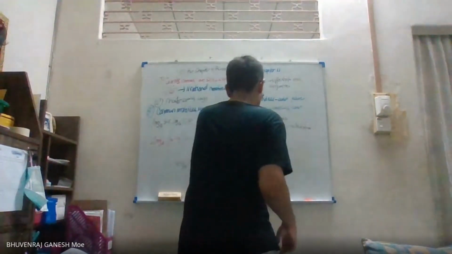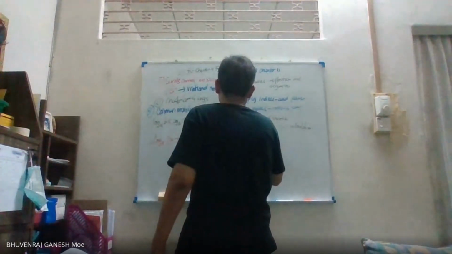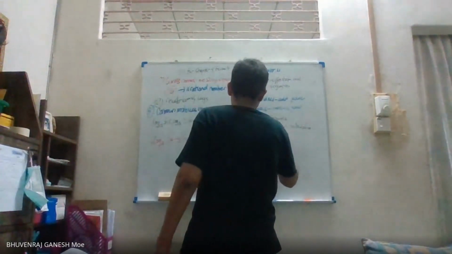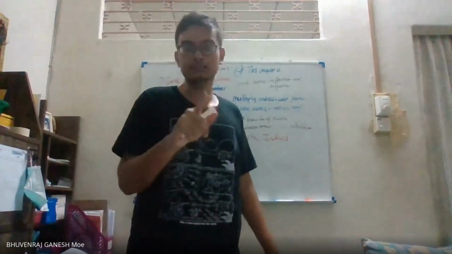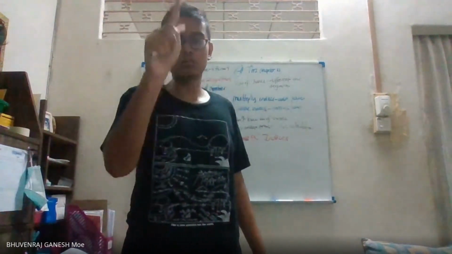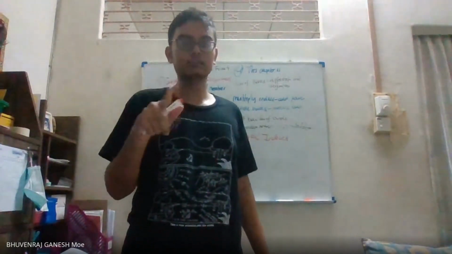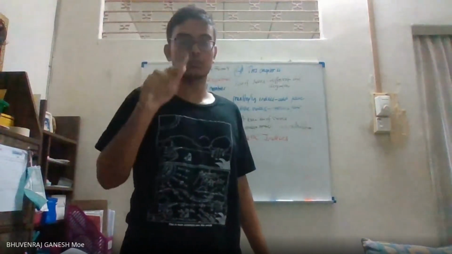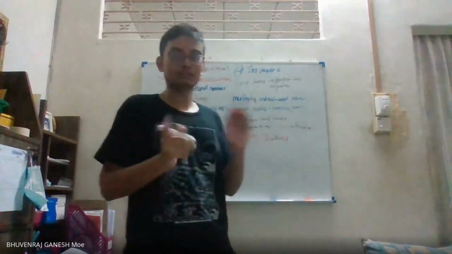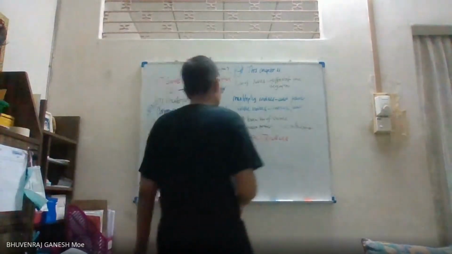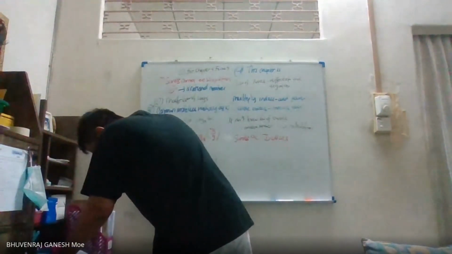Surds can be converted to indices. That's why I said just now they are both interrelated. Surds and indices. So if you master your indices, you can actually find a relation because surd A is actually A power 1 over 2. Means that is in the index form. If surd A is surd form, because you got the square root like that. But if A power half means in the indices, that's why you see it's interrelated. You can convert in between them. So that's how you master surd. And then